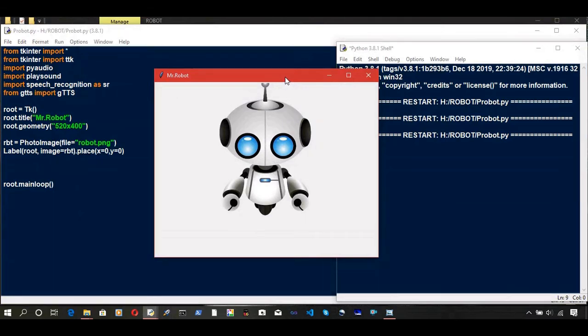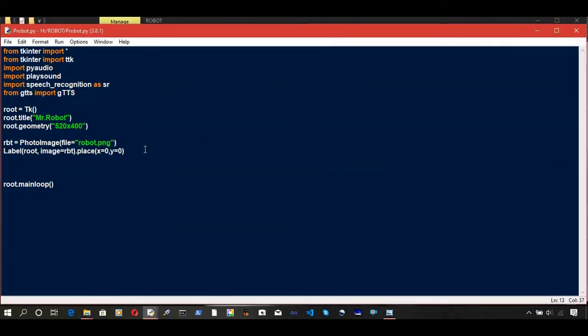And as you can see our picture is embedded in our window.